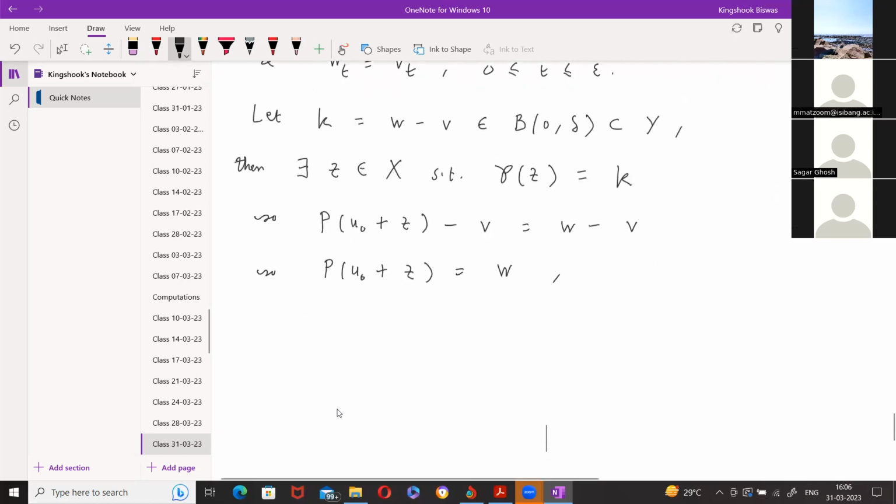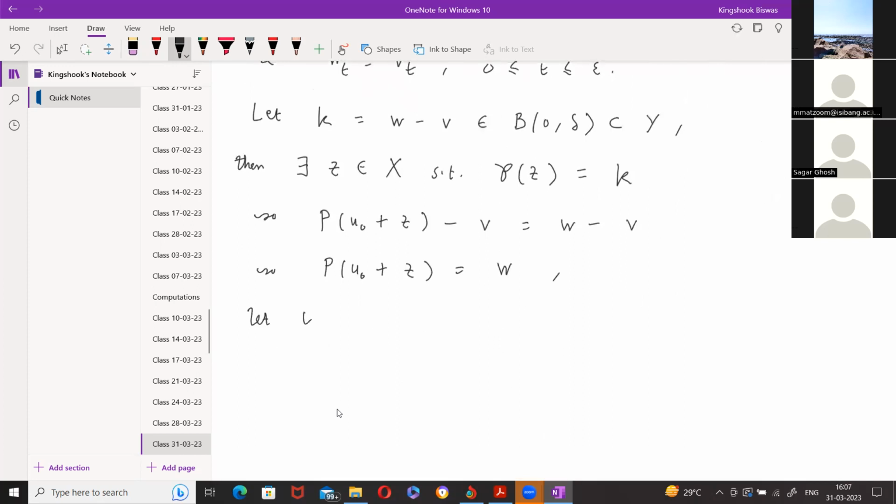And so we are done. We let U be U naught plus Z. This will be our solution. Okay, so this is in C alpha prime 2 plus alpha prime 1 plus alpha prime by 2 of Q comma RQ. Okay. Then